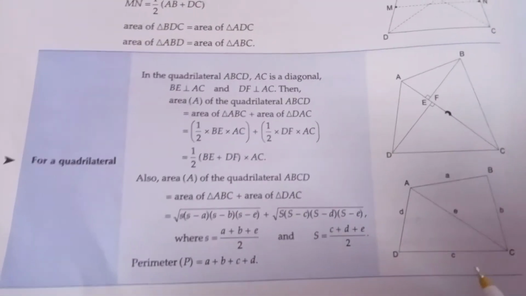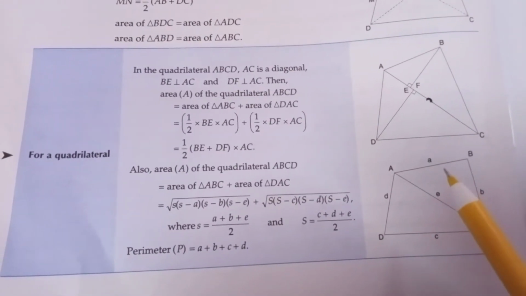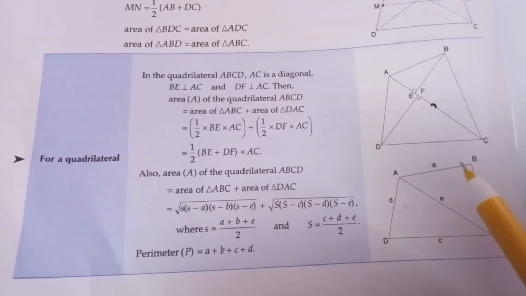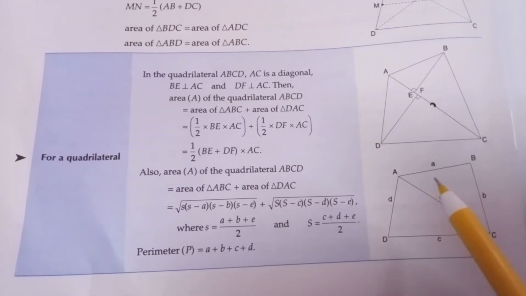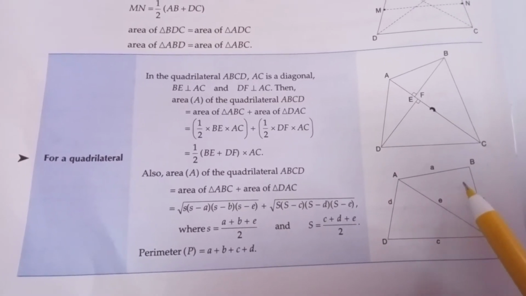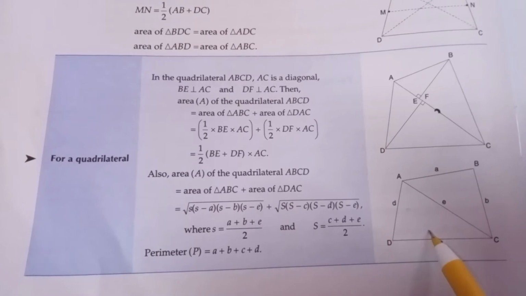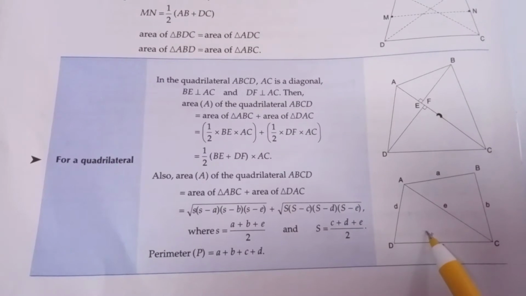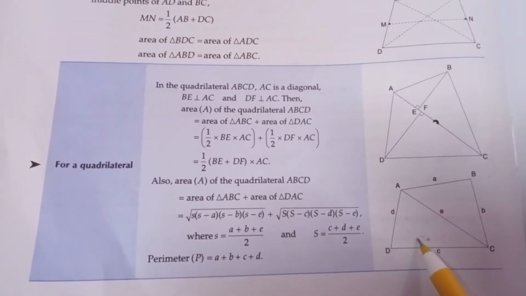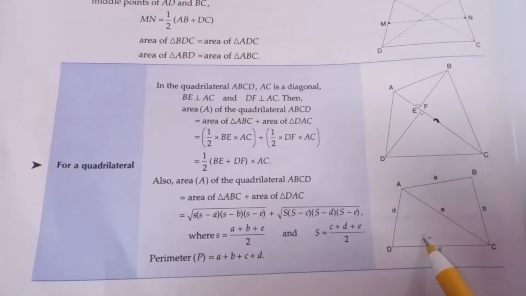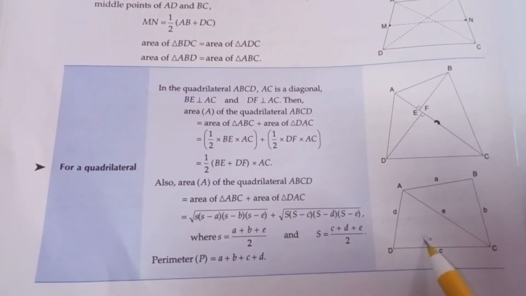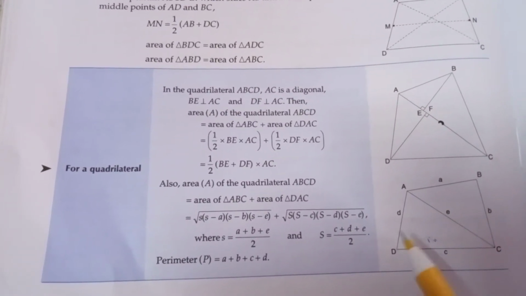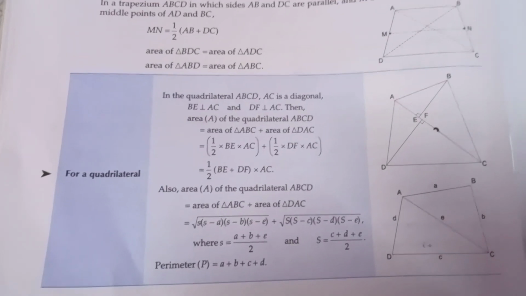Clear? But when height is not given and only two triangles are given, and all three sides of the triangles are different from each other, again we first find the area of either the upper triangle or the lower triangle. When the sides are different, we use Heron's formula. By using Heron's formula, we find the area of the two triangles and then add them. We get finally the area of the quadrilateral. And for the perimeter, we know the perimeter is the sum of all sides. So when we add all the sides, we get the perimeter of the quadrilateral.